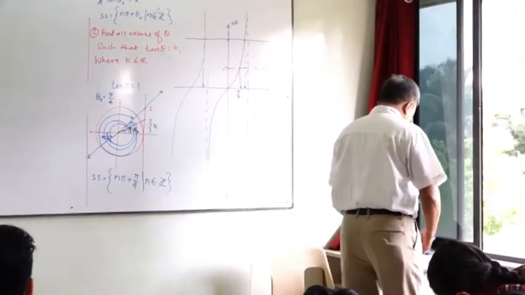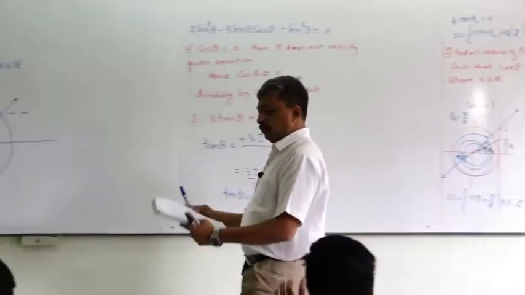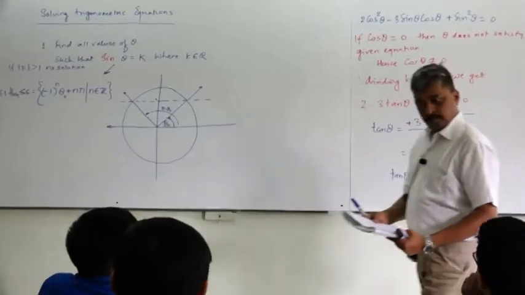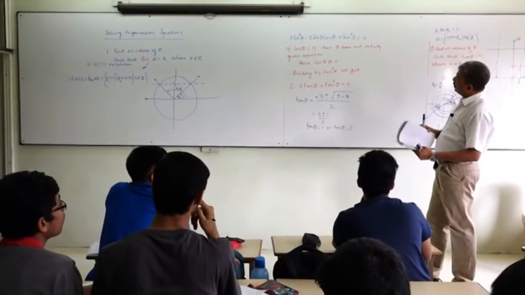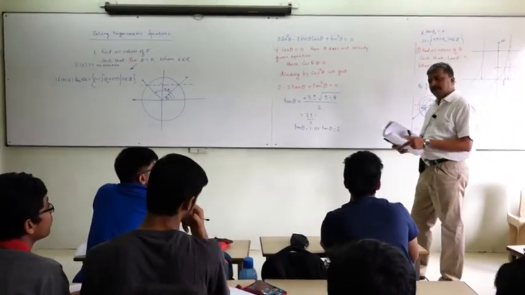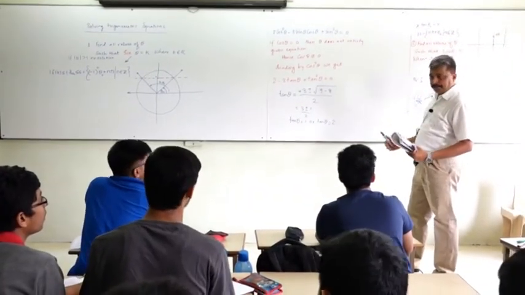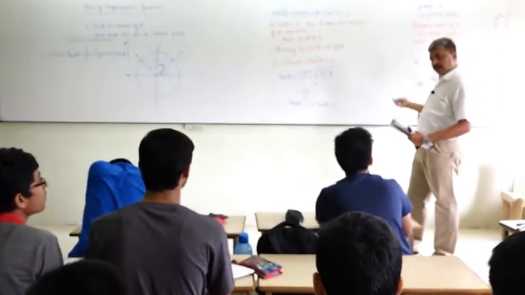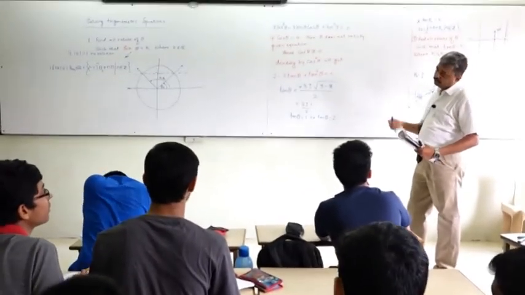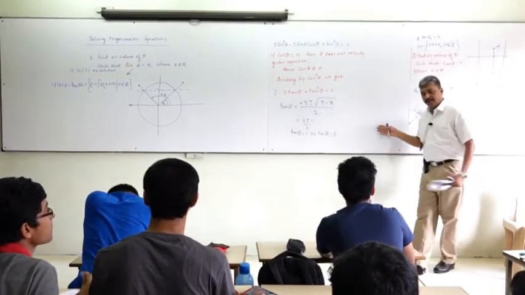Okay, let me give you a simple one now, so that all of you can solve it. Even if we don't divide it by cos square theta, we get this. Even if you don't divide it by cos square theta, still you will be able to get it by some other manipulations. This final answer should be the same. Your method is also correct, but it gives us some extra roots. Some of them will satisfy, some other extra ones will not satisfy.